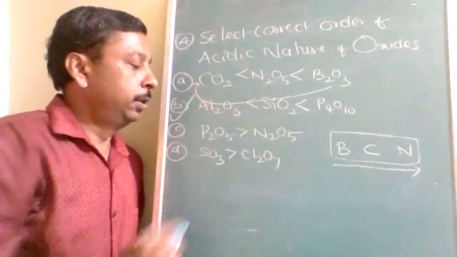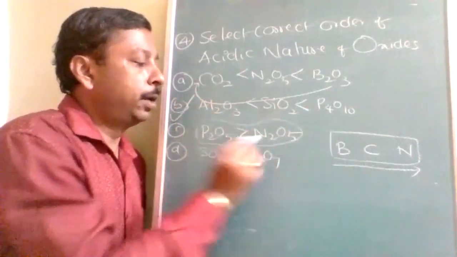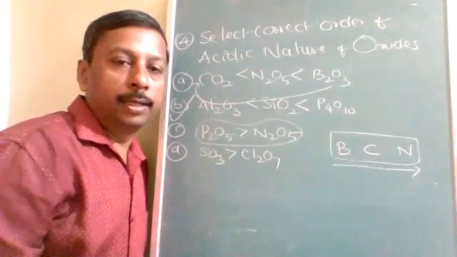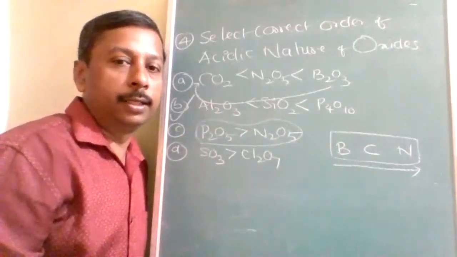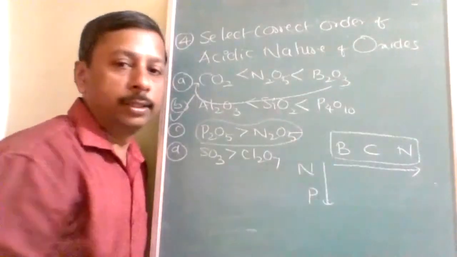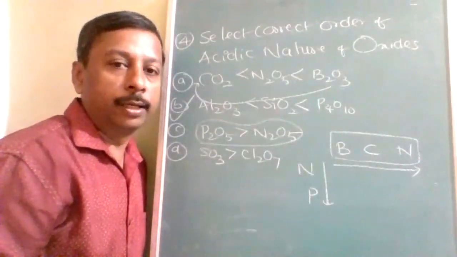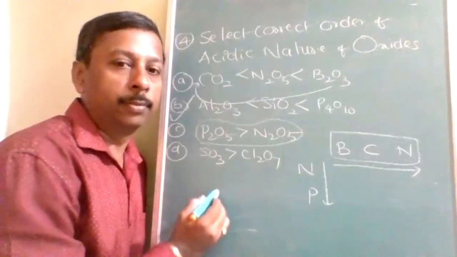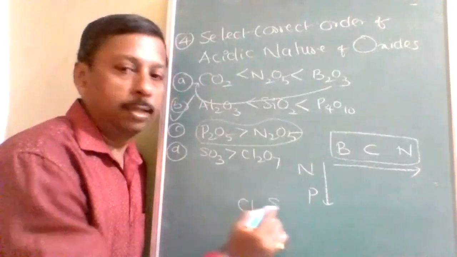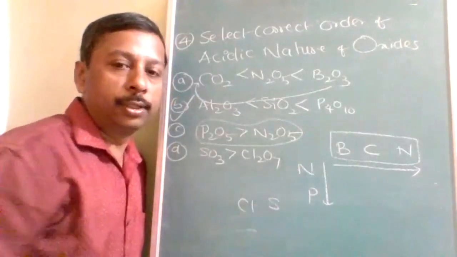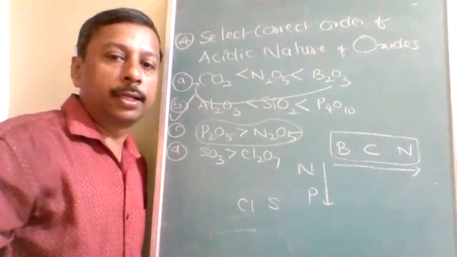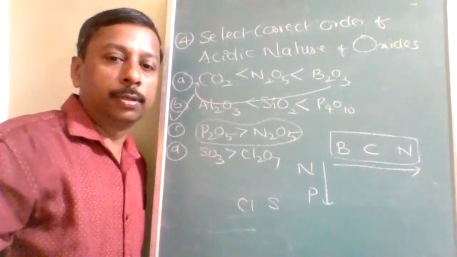Is it understood? So like this, see, nitrogen comes before. Down the group, metallic nature increases, so basic nature increases. Okay, nitrogen, phosphorus. So down the group, basic nature increases due to metallic nature. That's why this is the problem. And here also chlorine, then sulfur. So these are in the period. This is the way you have to approach in the group. So what is the correct answer? For this question, the correct answer is the fourth option, B.